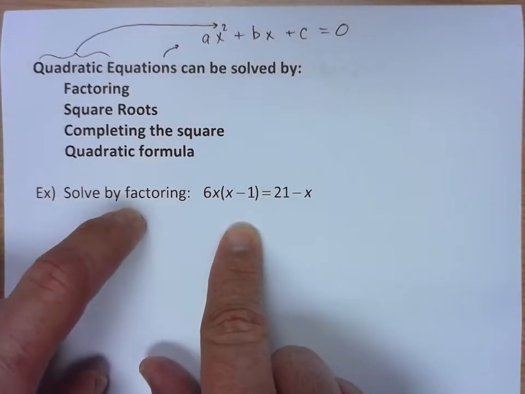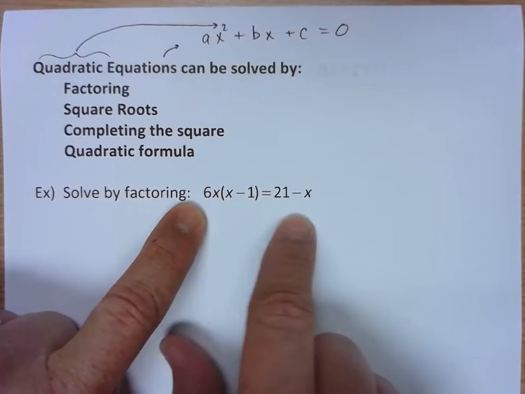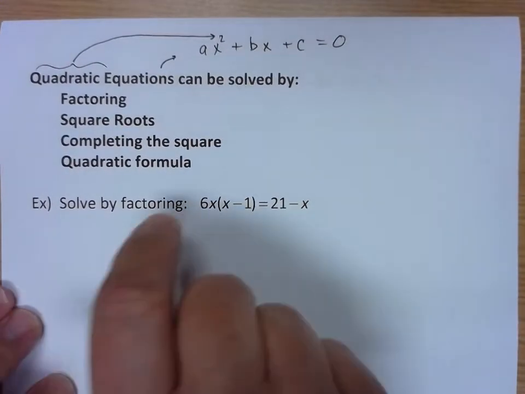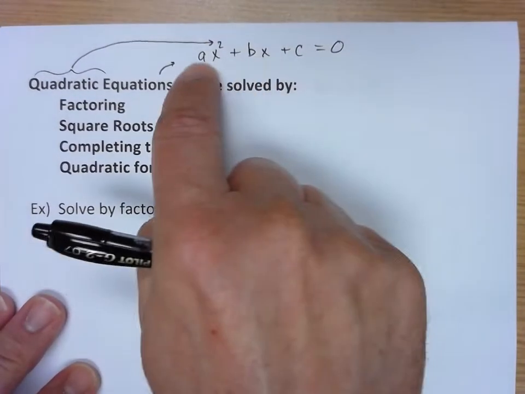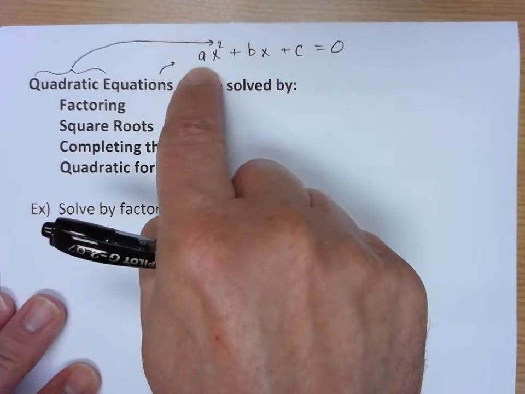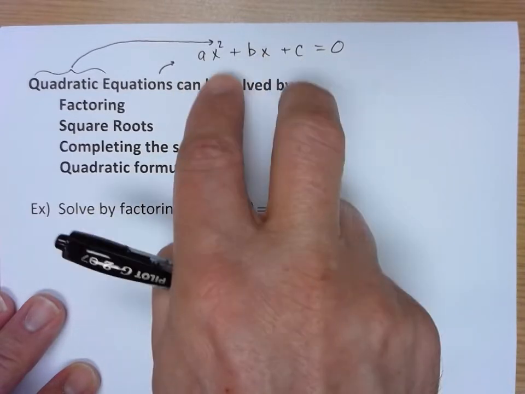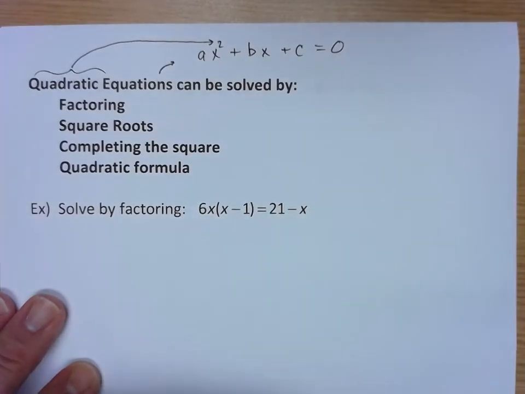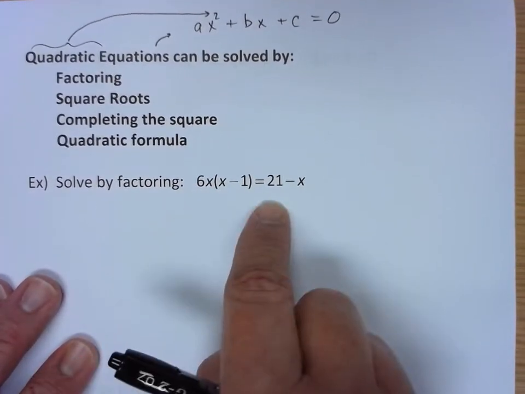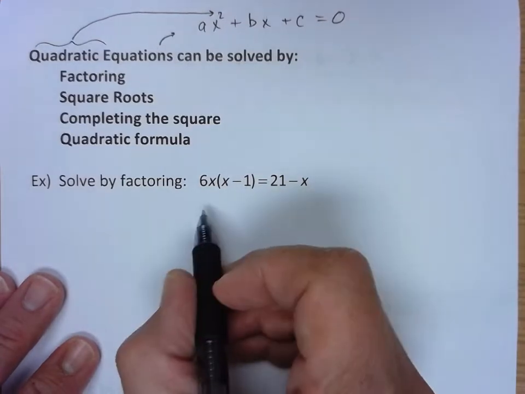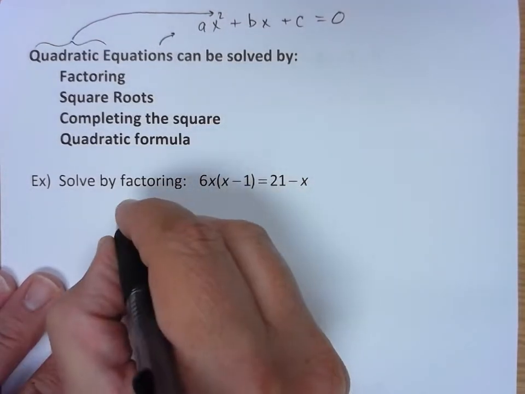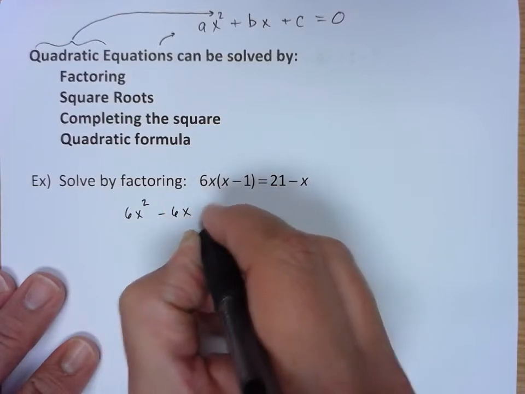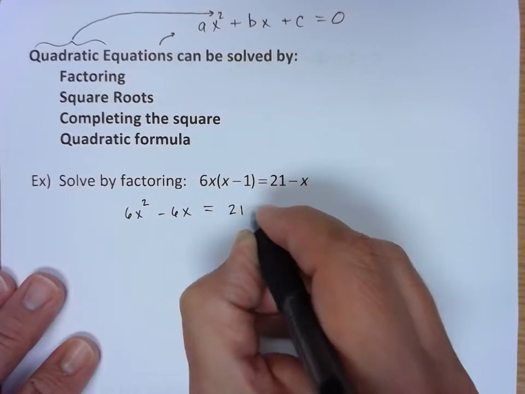So you got the advantage in the problem to let you know that whatever this turns into when I get it in this form, it should be factorable. Now, in order to solve by factoring, you have to make sure it's in this form first. It has to be all the x squared, the x, and the constant term on the left-hand side set equal to 0 on the right-hand side before factoring even makes sense. So there's some cleaning we need to do here before we actually get into that format. The left-hand side, you can distribute to where it's going to be 6x squared minus 6x. The right-hand side has a 21 minus x.